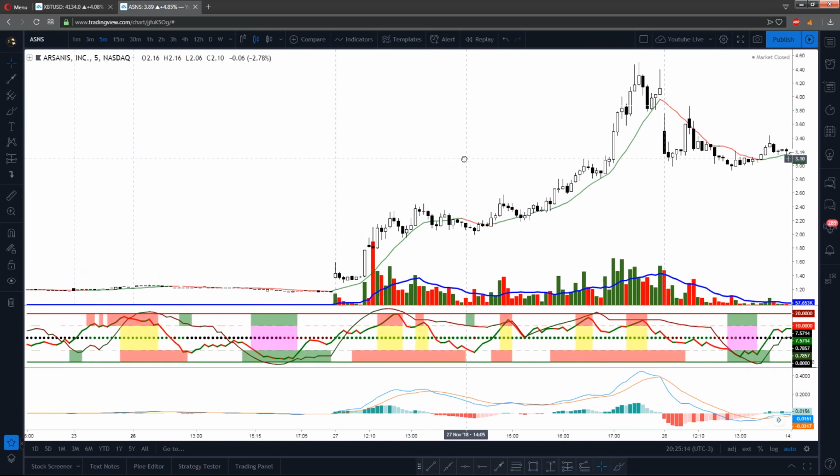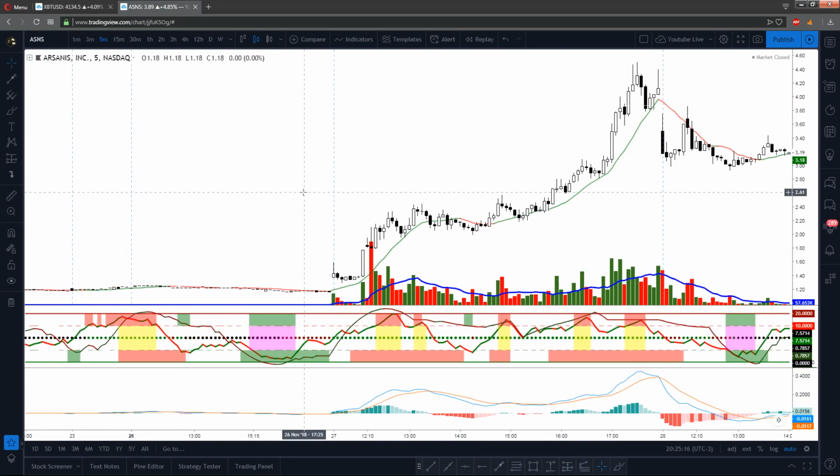So some of you are probably wondering, how do you trade this according to what's my target? What's my stop loss? Where do I get in and out of these trades? Okay, so